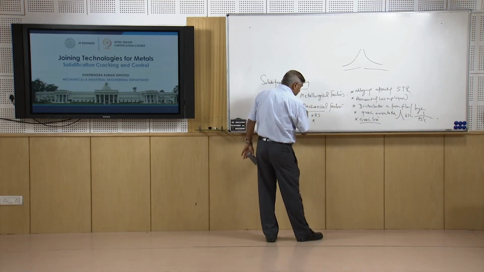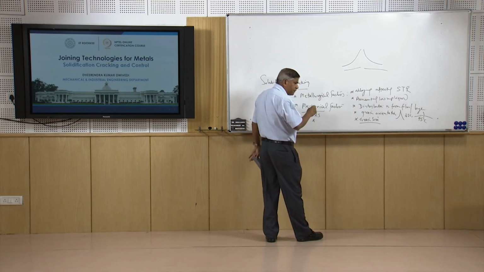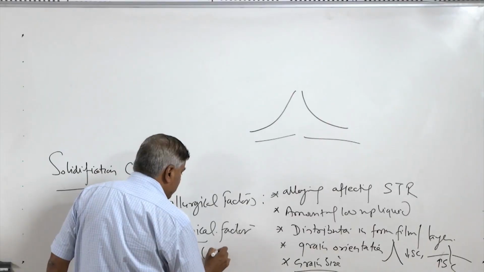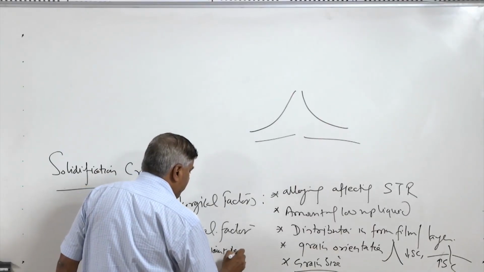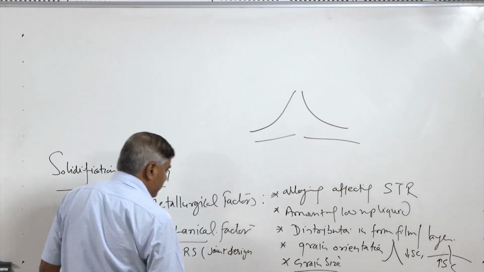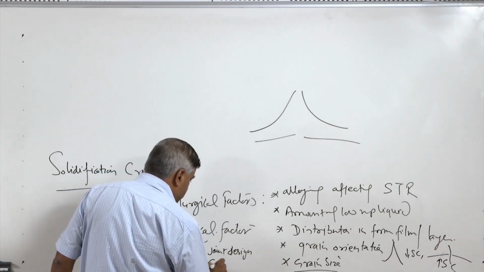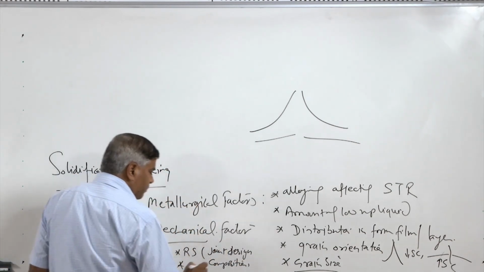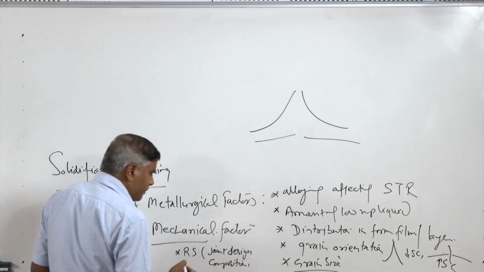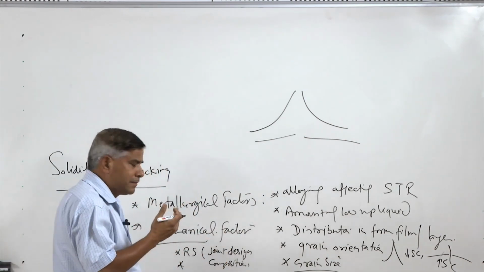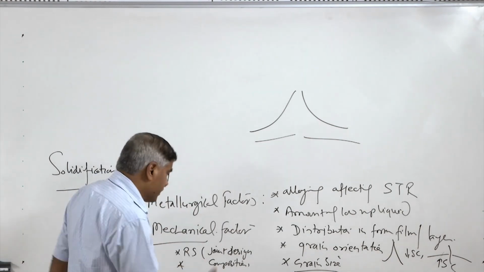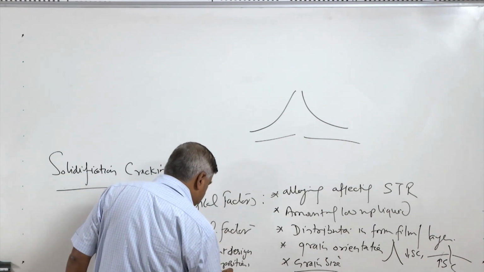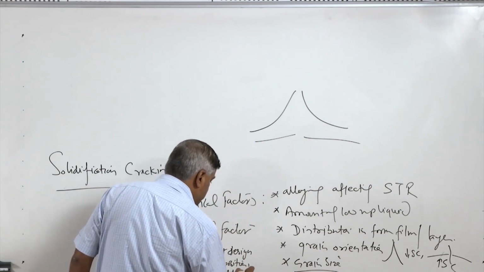Similarly, the factors which promote the residual stresses include the joint design, determining the volume of the weld metal, then the composition of the filler, determining the yield strength of the weld metal. Higher is the yield strength, greater will be the residual stresses as compared to the low strength filler metal. Similarly, the weld bead geometry,